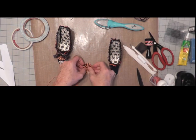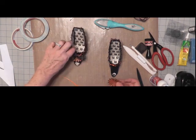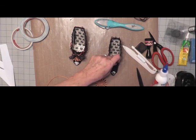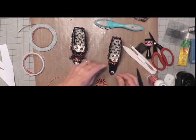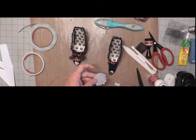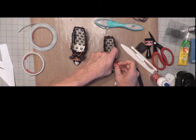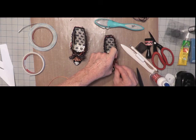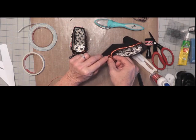Now what you can do, you could add a button, whatever decoration you want to. I've decided I want to do a bow. And I'm going to go ahead and take some score tape, a wide piece, and glue, I think, and put on the back of this, and then that's what I'm going to stick it on there with. Score tape is to help it hold it down until the glue can dry. So I'm going to put both on there and position it there, and then kind of fluff up the edges some. I have to do that after it dries, but